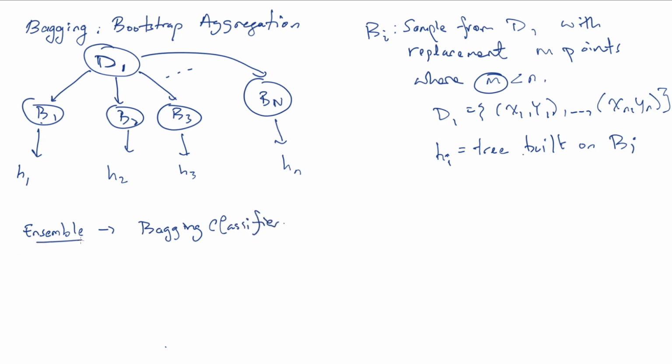Because the idea behind ensembles is, how do I combine the predictions of a lot of models into one? This is a particular example where I have n decision trees, and I have a bagging classifier. The bagging classifier is going to be defined as C of x, which is equal to +1 or -1 if 1 over n